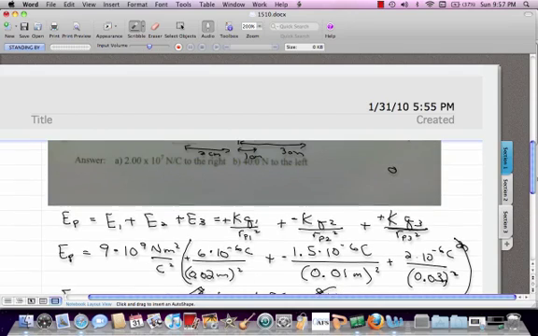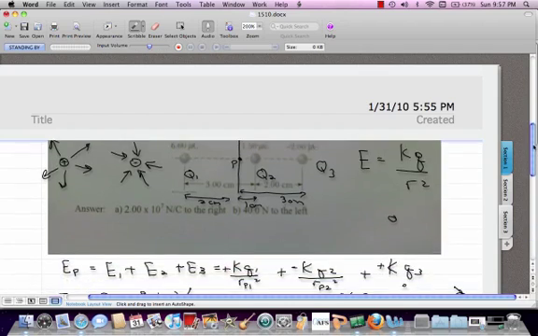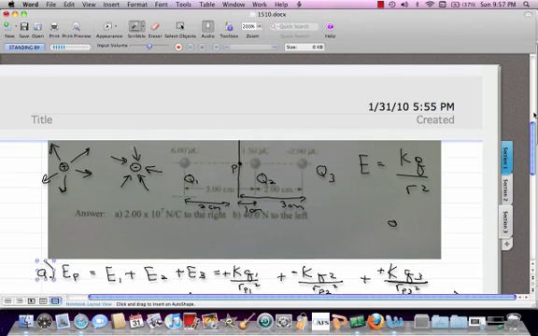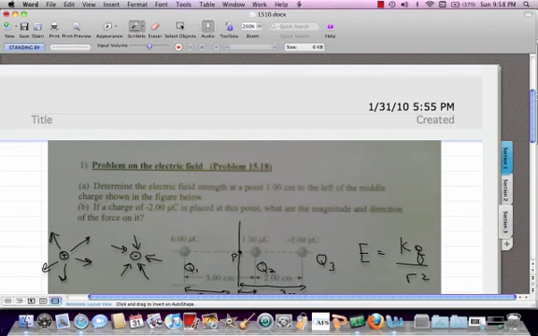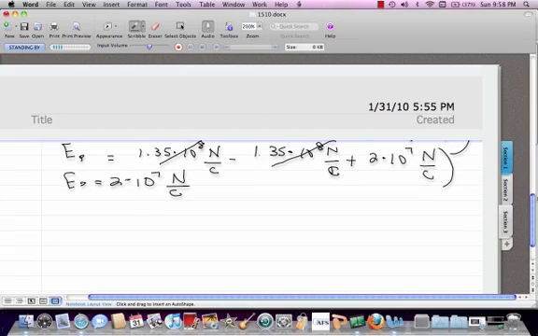Okay, now it asks me, this is part A. Let me just write part A. And then part B says, if a charge of minus 2 microcoulombs is placed at this point, what are the magnitude and direction of the force on it? Okay, so right now we know that this is in the positive x direction. Okay, so B,